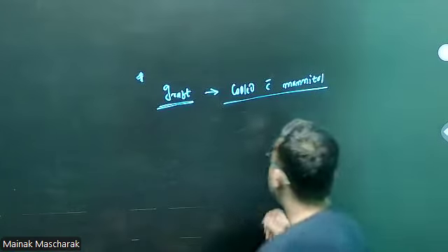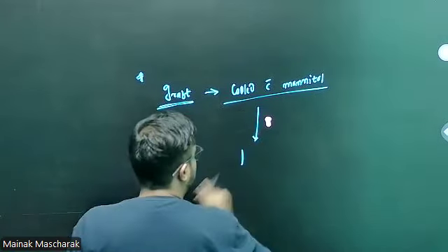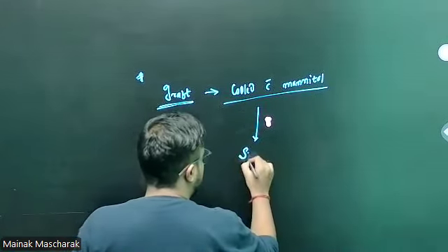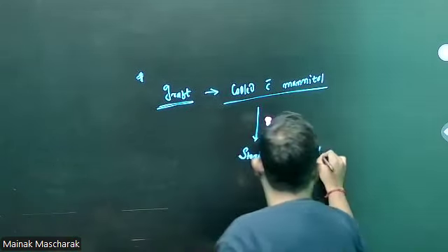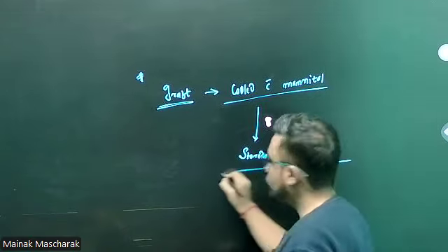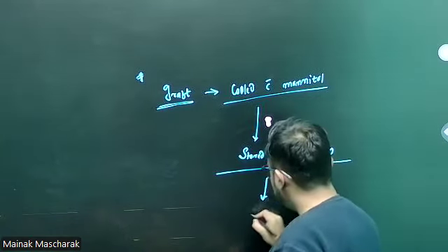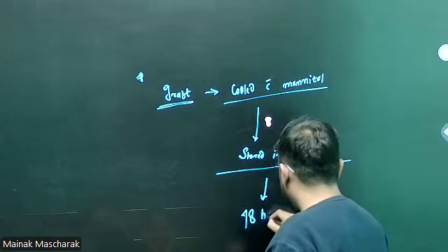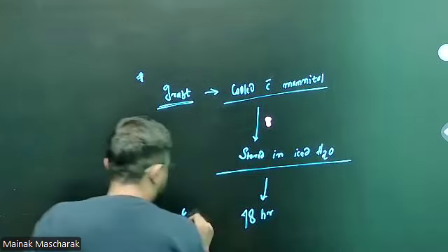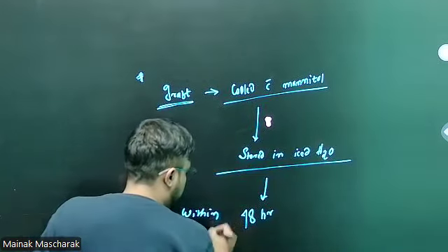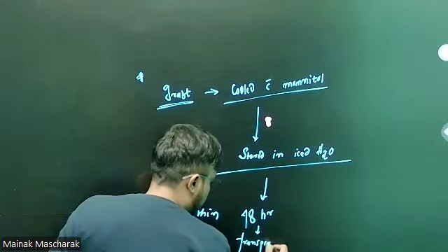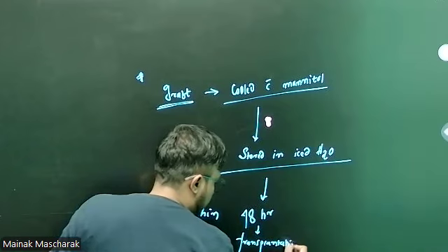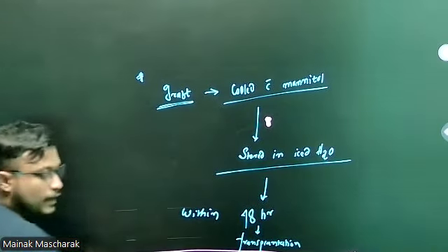ठीक है, कूल करने के बाद this kidney is stored in iced water. Yes or no? It is stored in iced water. इसके बाद it should be transplanted within 48 hours. Yes or no? It should be transplanted within 48 hours. Transplantation होना चाहिए. Yes or no? Within 48 hours the transplantation process should be completed.